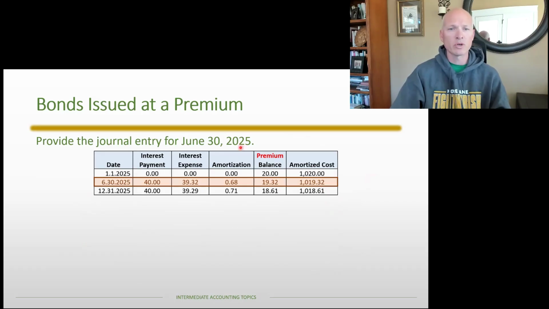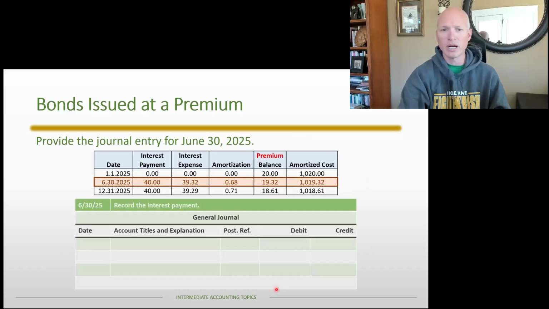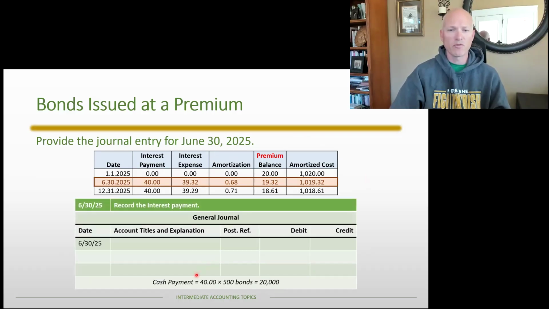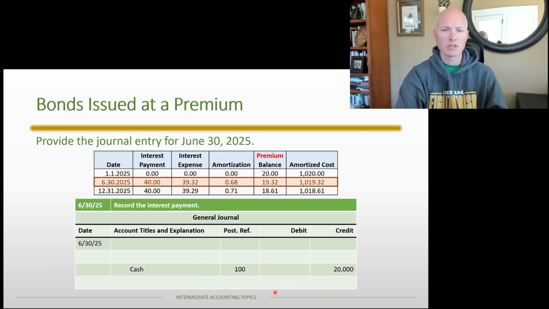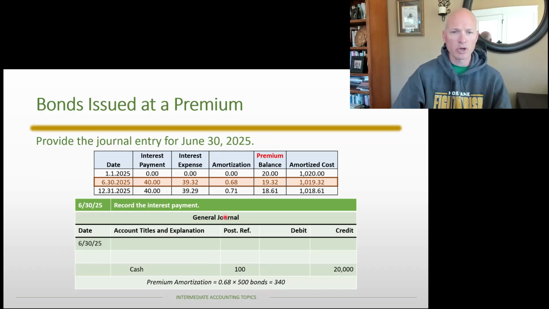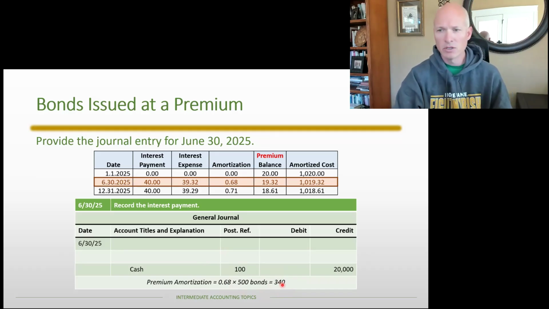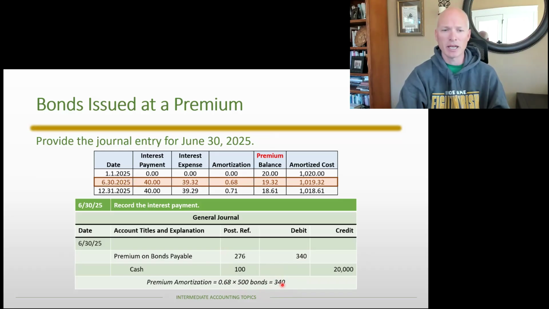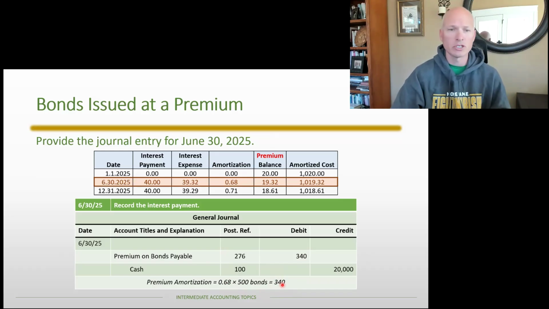On June 30th, 2025, we're going to record that payment. Taking note that there are 500 bonds here, the cash payment is $40 per bond times 500 bonds for a total cash payment of $20,000. Then we have the amortization of the premium, 68 cents per bond times 500 bonds for a total of $340. Now remember, the premium has a credit balance, so the amortization is a debit to that account. You could fill in the interest expense, but we can also directly calculate it. The interest expense is $39.32 per bond times 500 bonds for a total of